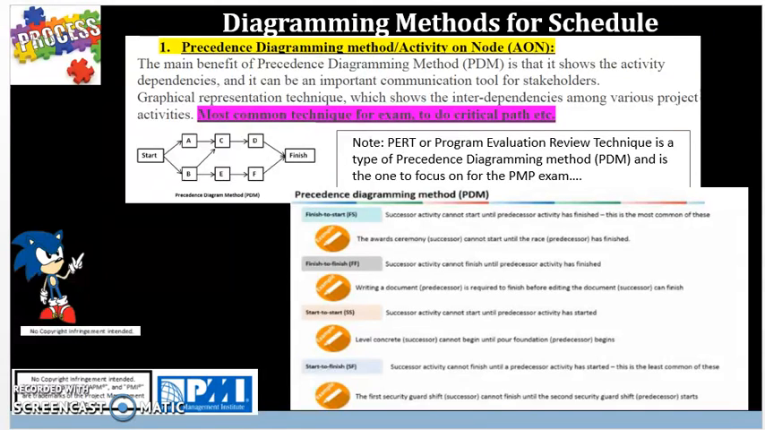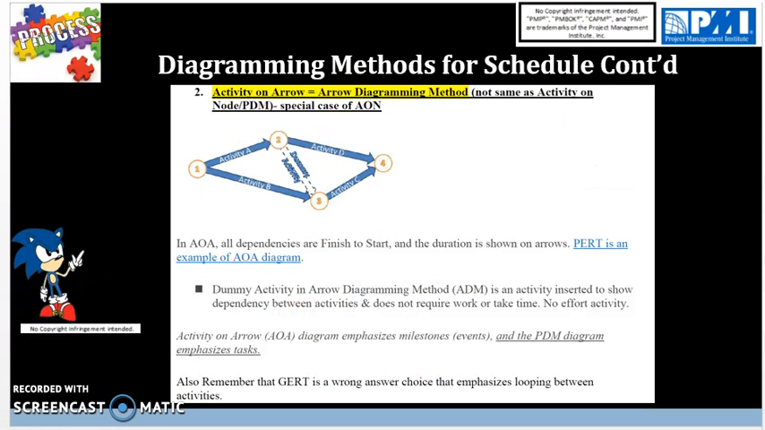Moving on, an important concept to cover here is now going to be the next type, and the least common of the diagramming method is activity on arrow. And activity on arrow is used to depict milestones and is not as important for the exam. And it is a special type of PDM or activity on node. The key piece here to understand for the exam is it is going to be a wrong answer choice. And in all activity on arrow